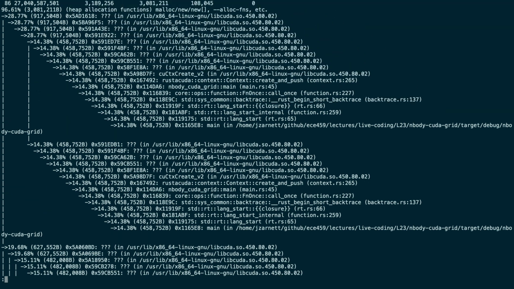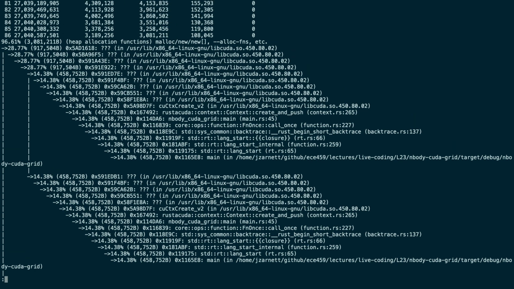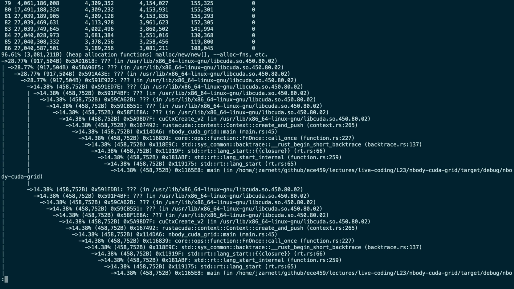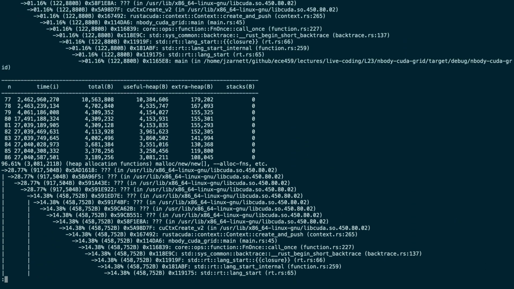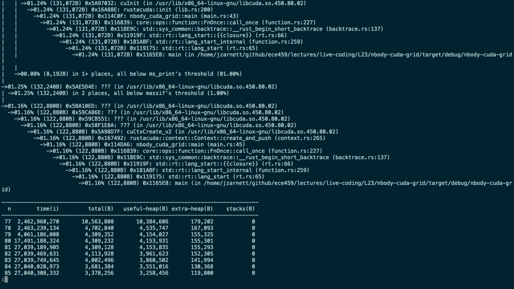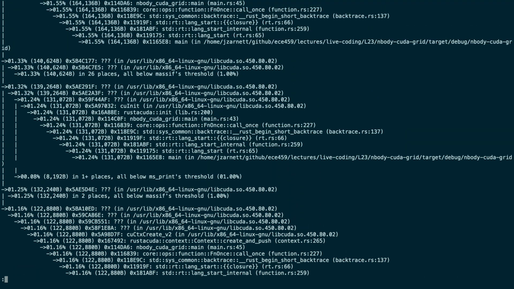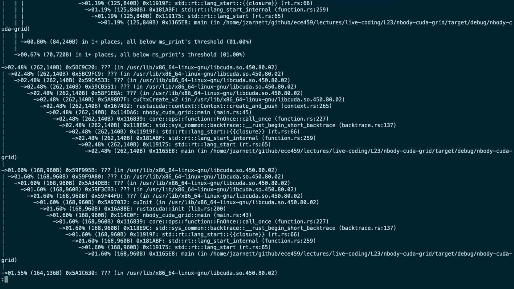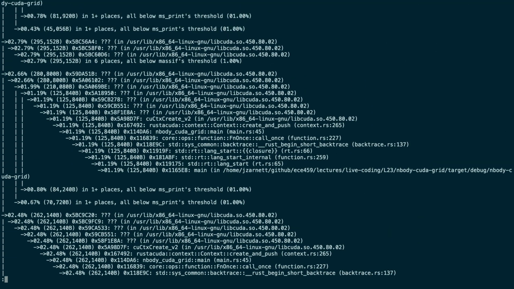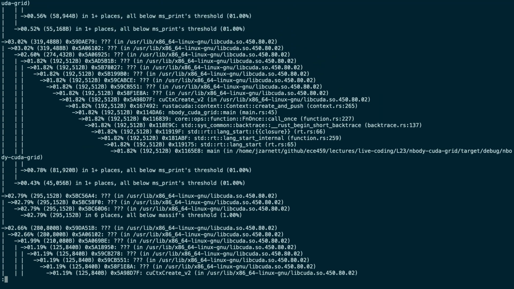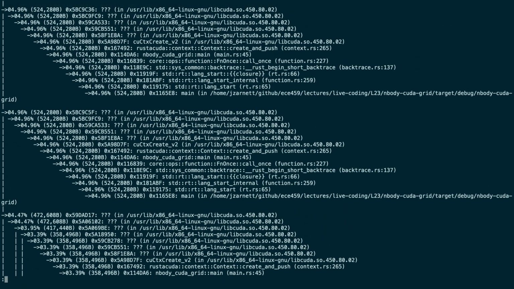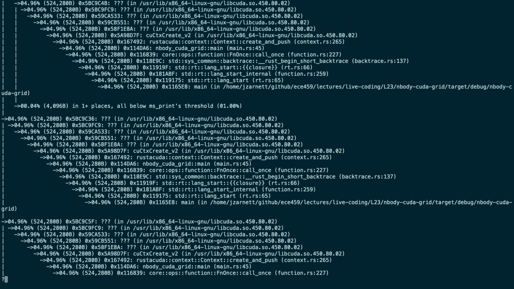We will see also here that 28.77% was done by an earlier create and push. It is definitely interesting. It shows you just how much overhead there is in all the Cuda libraries and everything that are necessary to actually launch your program, and not that much of it has to do with initializing